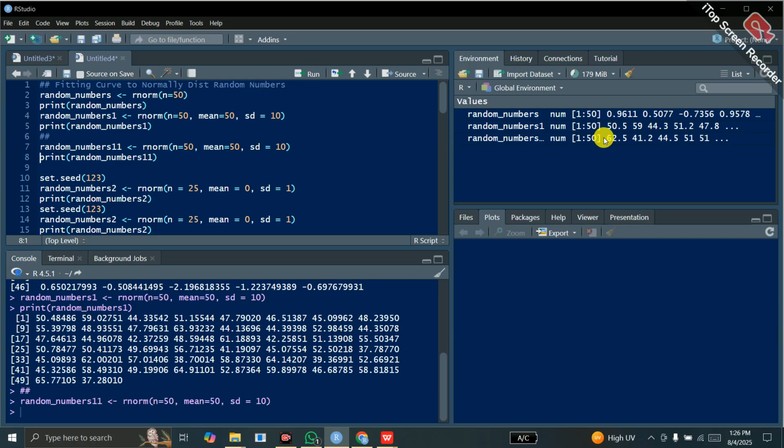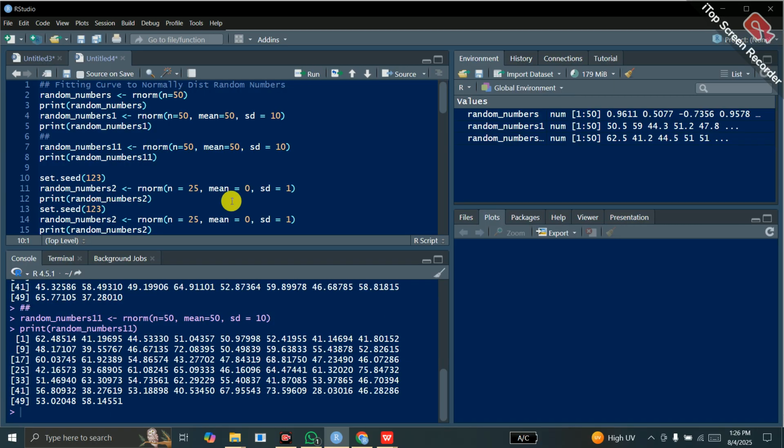So here these numbers have been generated, and now let me share with you its print. Now if I print this, these are also 50 normally distributed random numbers. Mean is again equal to 50 and standard deviation is equal to 10, but the two sets of random numbers